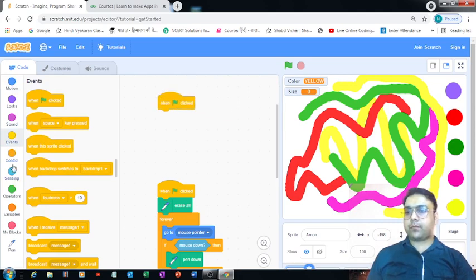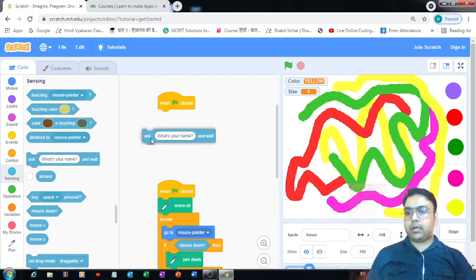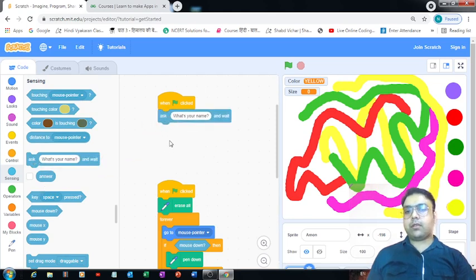Okay. And then we can ask the person to enter the size of the pen. I think that will be a better option. Enter the size of the pen.